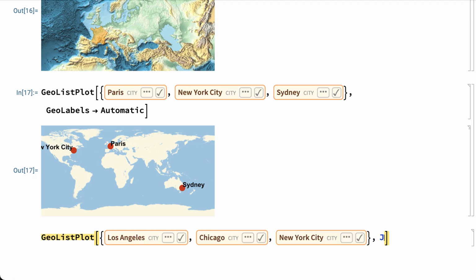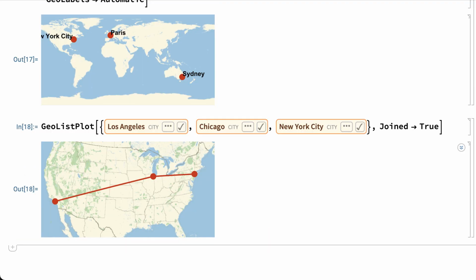Another option of GeoListPlot is the Joined option. Setting the Joined option to true gives a map with lines between points on the map. GeoListPlot and ListLinePlot and most other plotting and graphics functions have many dozens of options, many of which are common